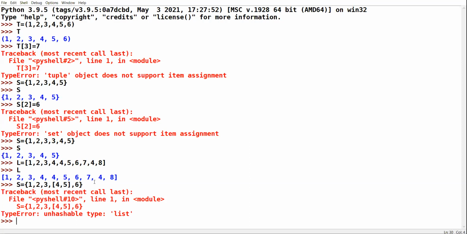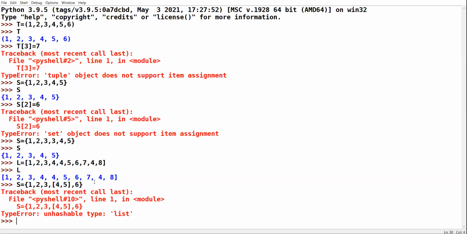Okay. Am I clear? But it doesn't mean that set is an immutable data type. It is mutable, but in some respects it differs from the list.